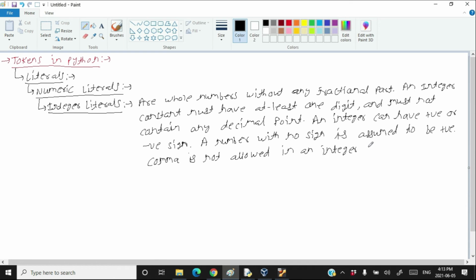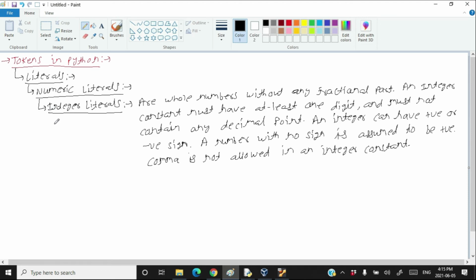In some programming languages, there are two types of integers. One is called int for smaller integers and the other one is called long for big integers. But in Python 3.x, we don't have two types of integers. We have just int. That's it. And that can store anything. So integers are used to store either small numbers or large numbers. So this is what the integer literals are.